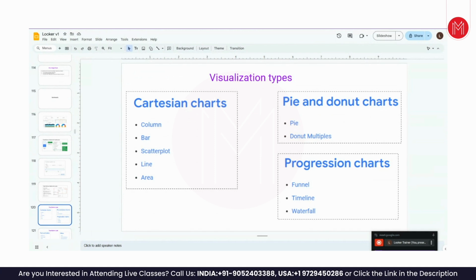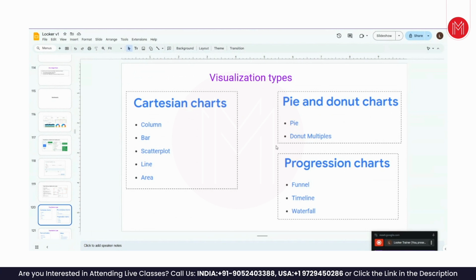in Tableau. What options to select, that we'll see, because every visualization can be customized in a different way. We'll see how each one is different from another, and in which scenario you'll select which visualization. As far as the Looker instance that we are doing some practical stuff on right now, we have this many types of visualizations available, where